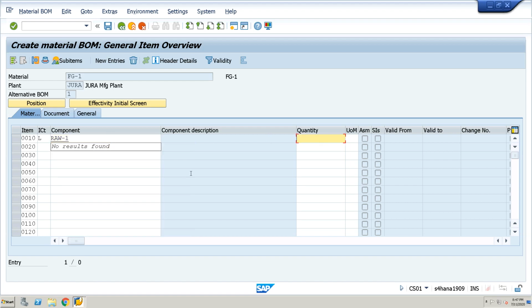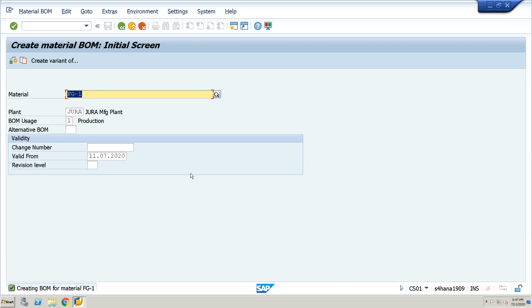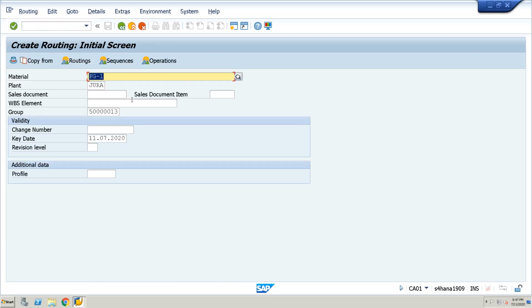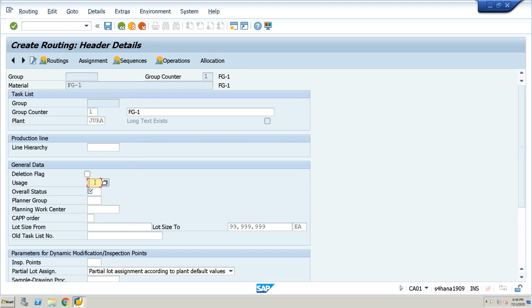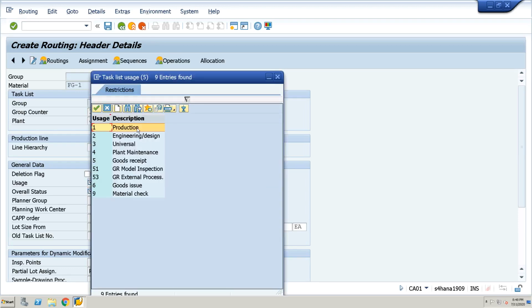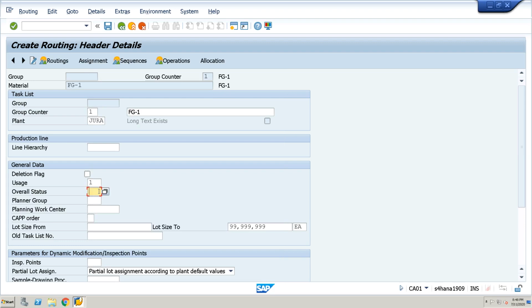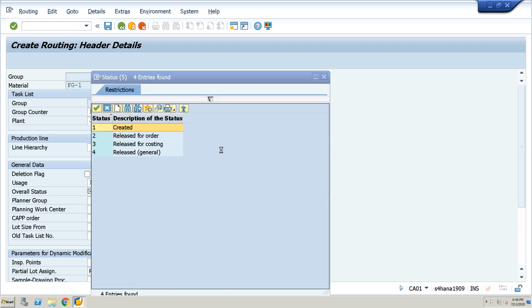RA1. Just to give, will give. Save. And for this routing, CA01, material, plant, group, system will come automatically, give one number, and usage is the production, and the status is the released status, normal general,